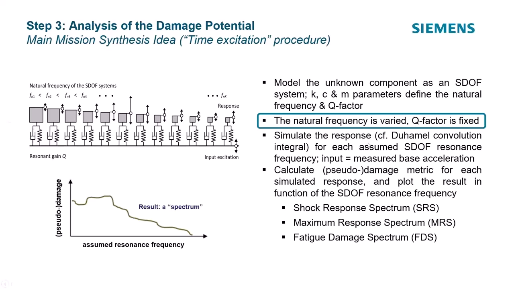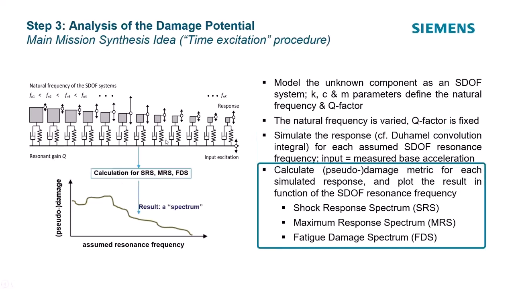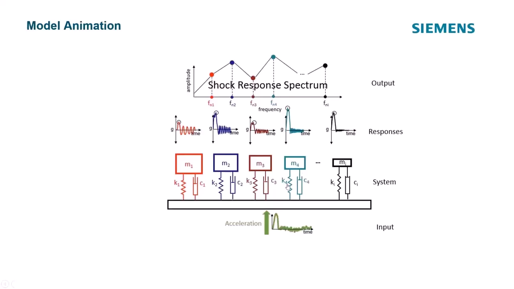We don't get into the convolution integral in detail, but we're going to use this Duhamel convolution to represent this filter and get the output from this base input. So what this is going to allow us to do, this is going to be our base processing to calculate the shock response, maximum response, and fatigue damage spectrum. This model is going to be used for all of them. Let's go over this little movie on the shock response.